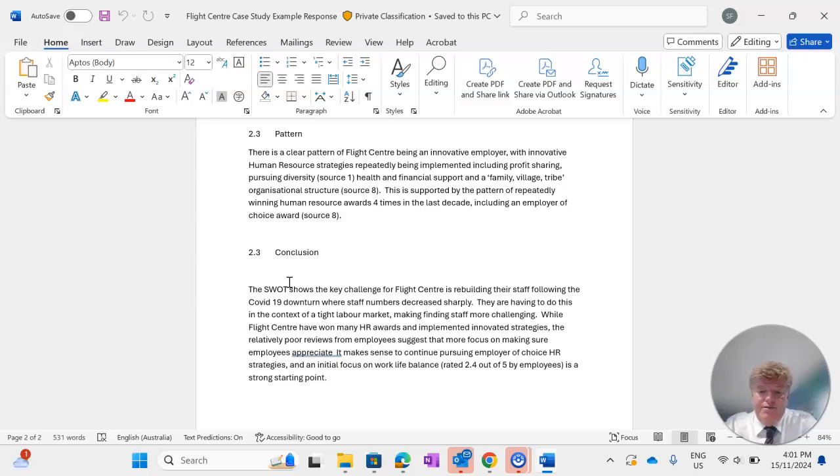It makes sense to continue pursuing employer of choice HR strategies. An initial focus on work-life balance, rated 2.4 out of 5 by employees, is a strong starting point. And that response all fits within the 400 to 500 word limit, and it is important that we are aware of and sticking to that limit when we answer these